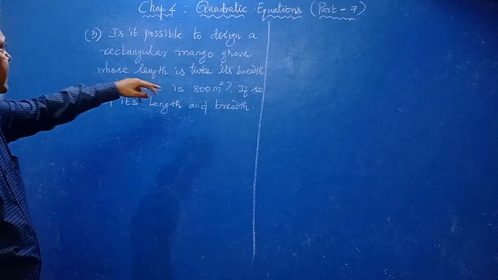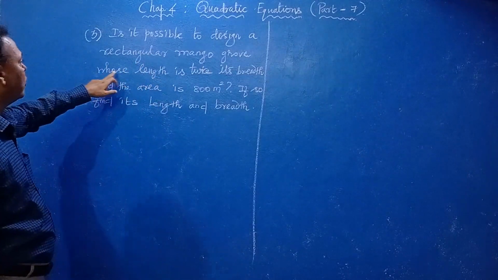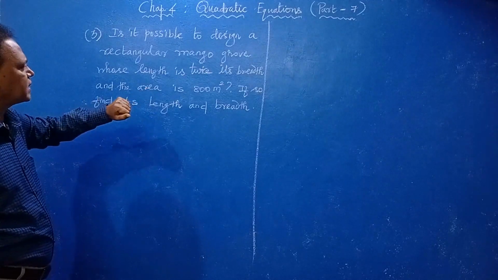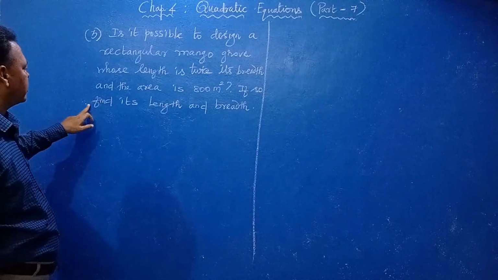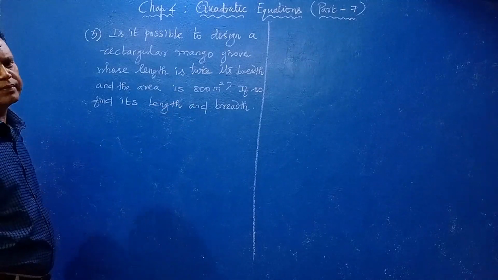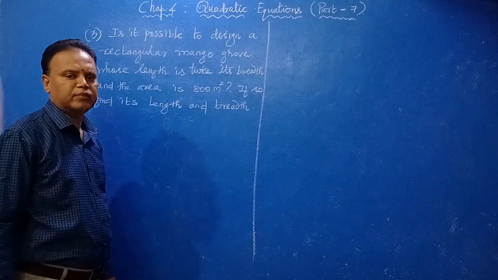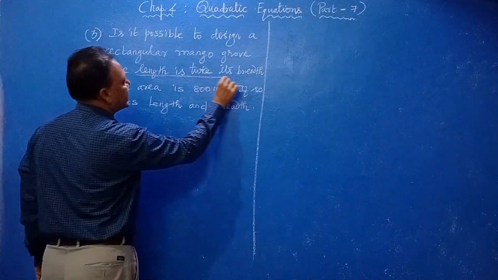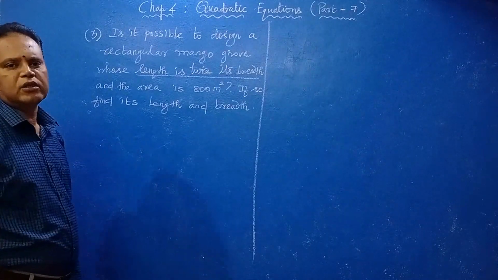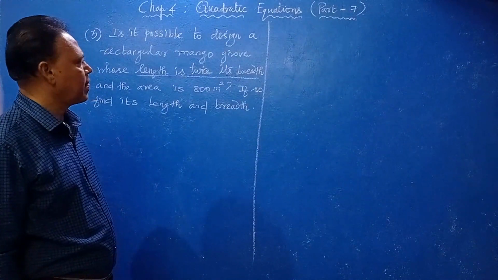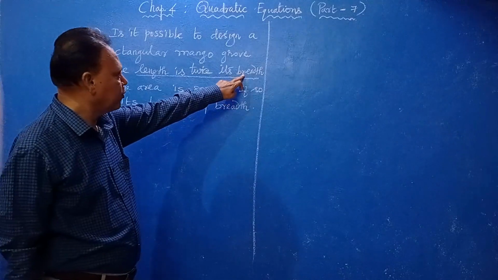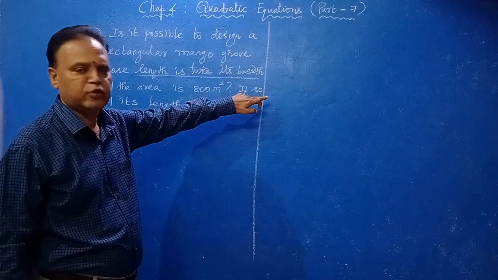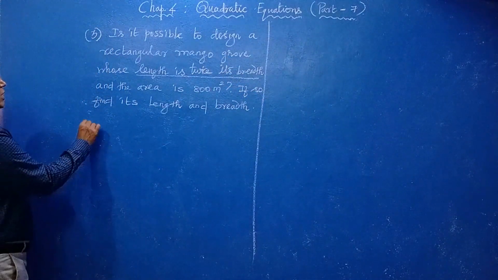Is it possible to design a rectangular mango grove whose length is twice its breadth and the area is 800 meters squared? If so, find its length and breadth. Here the condition given is that the length is twice its breadth. That means if you take the breadth as x, you can easily find the length. Twice its breadth means 2x. So first you have to assume that